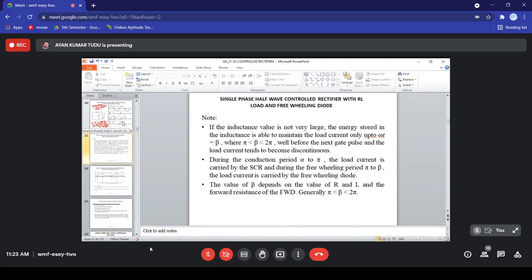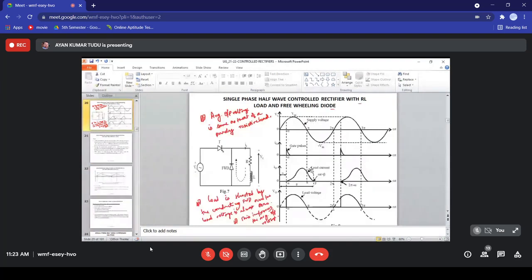আমরা আগে বলেছিলাম যে যখনই কারেন্টটা জিরো হয়ে আছে তখন সার্কিটটাকে আমরা ডিসকন্টিনিউয়াস বলছি। সাপোজ লোড ইন্ডাক্টেন্স ভ্যালুটা যদি খুব বেশি থাকতো, তাহলে লোড কারেন্টটা আমরা অনেকটা সাস্টেইন করতে পারতাম ফর দ্য নেক্সট ট্রিগার পালস। তাই যদি হতো তাহলে কারেন্টটা কখনো জিরোতে আসতো না। যার দ্বারা লোড কারেন্ট will be in a continuous conduction state, correct?